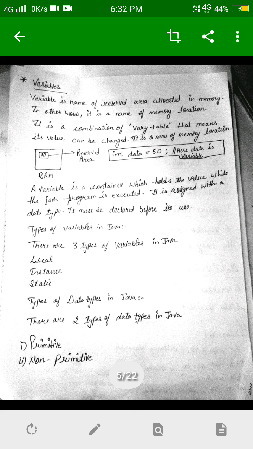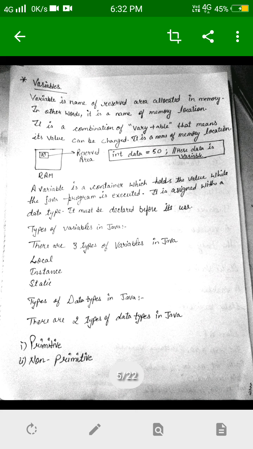Here you can also see that RAM is a memory, and here I have to store a value 10. You can see this is a reserved area. Variable is the name of a reserved area. It means we have stored some value in that location, and we have given a name to that memory allocation.